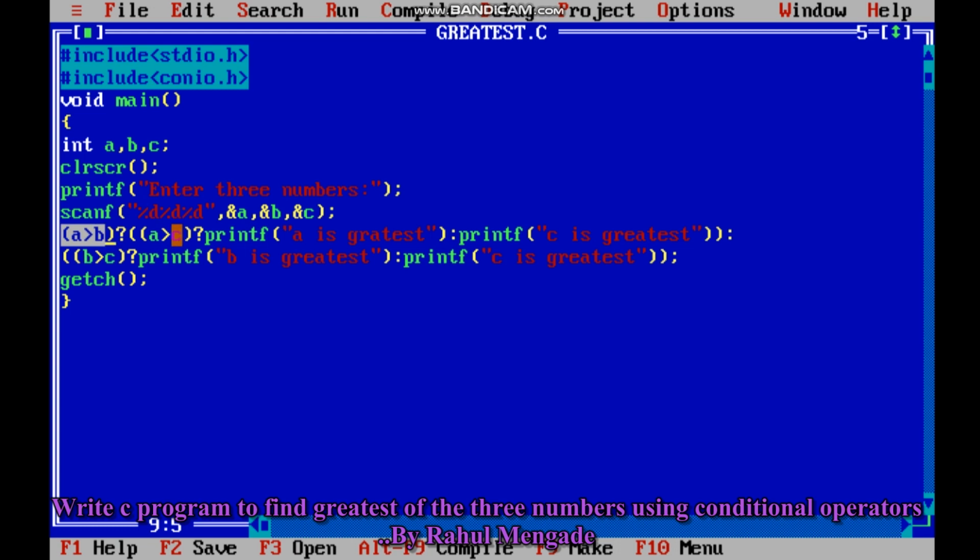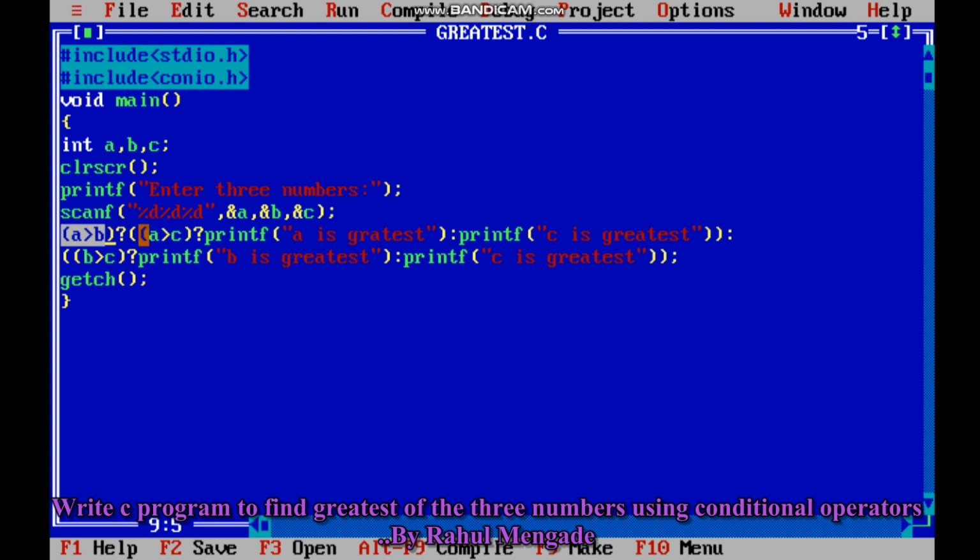Then we compare a and c, and if a is greater, that means among the three, a is the greatest number. Else, that means expression 2, if the condition is false.